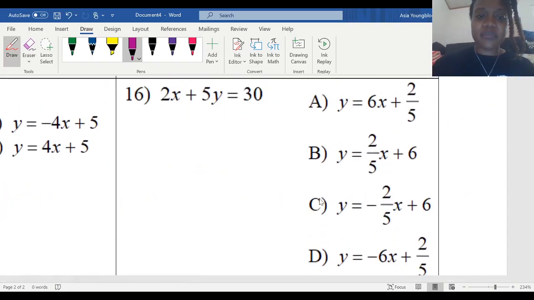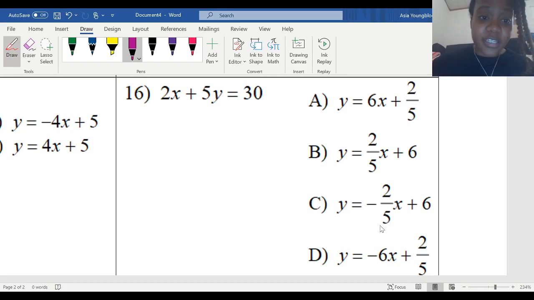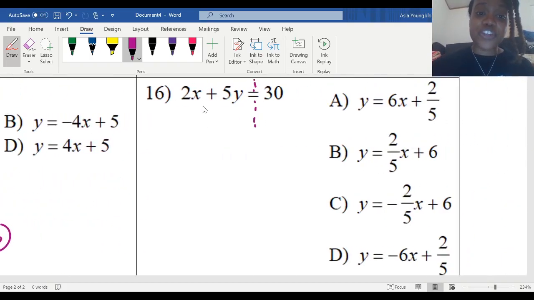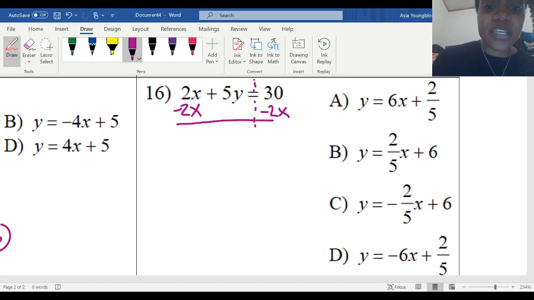Next problem, 16, same process. Start by rewriting it. So rewrite 16, 2x plus 5y equals 30, and we want to get the y variable by itself, just like we did in the previous problem. The first thing you want to move in this problem, very similarly to this one, is the 2x, because we want to move the x term before we mess with this 5. So we're going to subtract 2x from both sides because it is a positive term that is being combined with the 5y. 2x minus 2x cancels to 0, so we can bring down 5y equals,